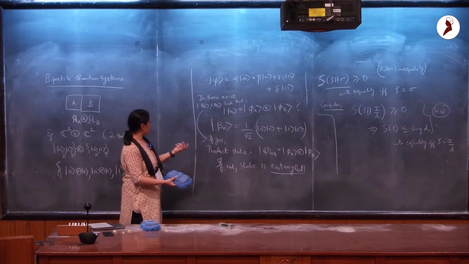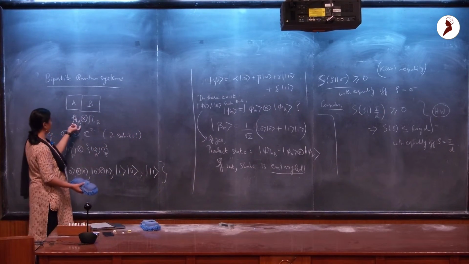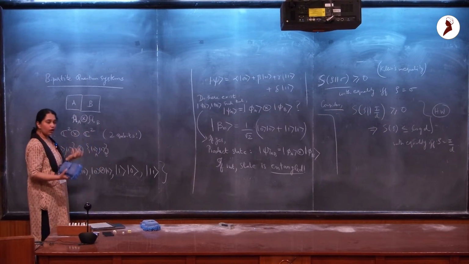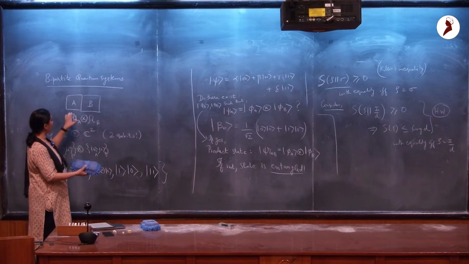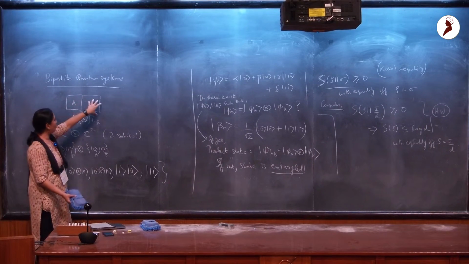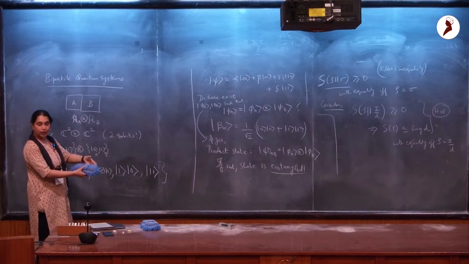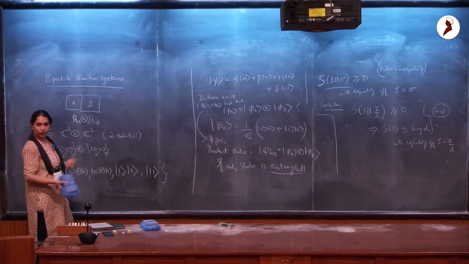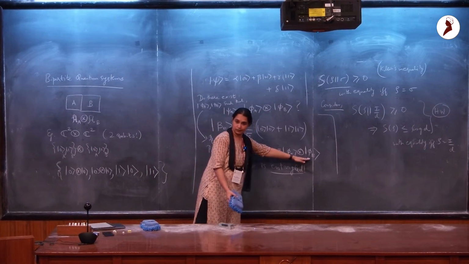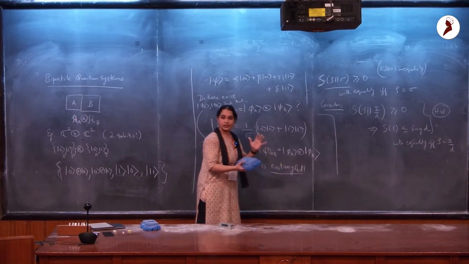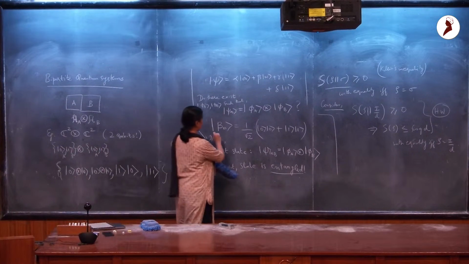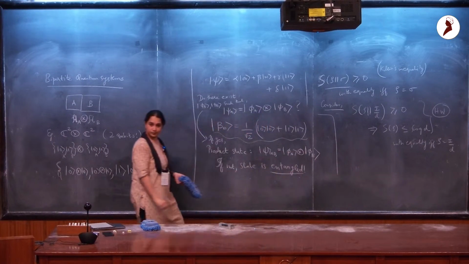It means that I have an independent description of the state here and an independent description of the state here, and I got this joint system state by combining these two local descriptions. I have a local description of the state of this system, I have a local description of the state of this system, and I simply put them together to get a description of the joint system. On the other hand, if I cannot find these pure states, it means that somehow this local description does not exist corresponding to states like this.